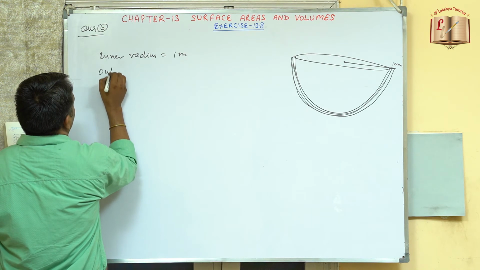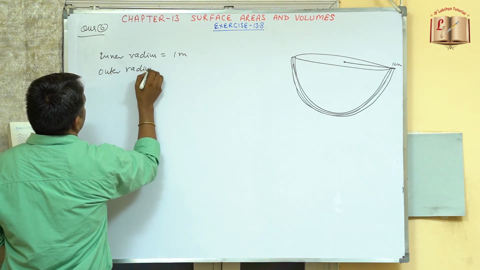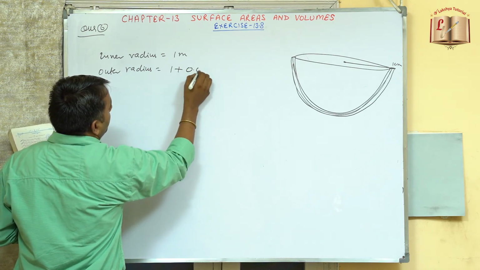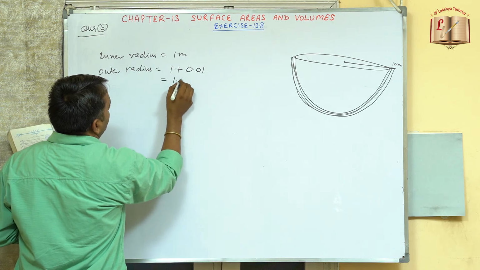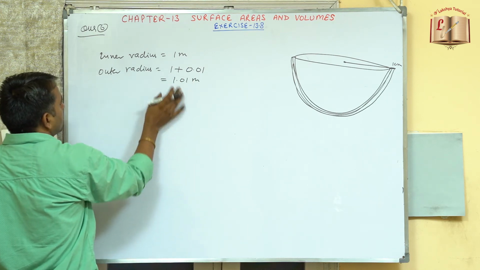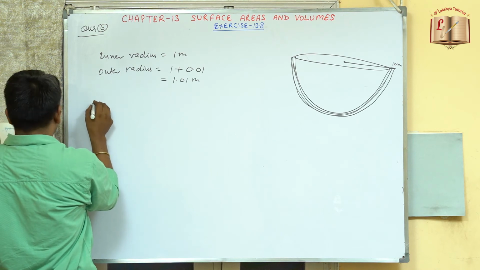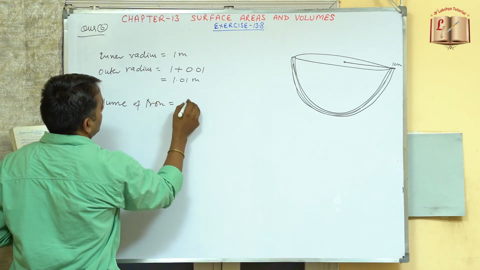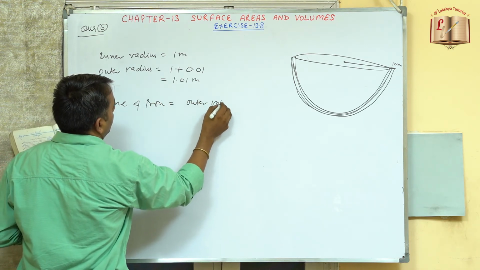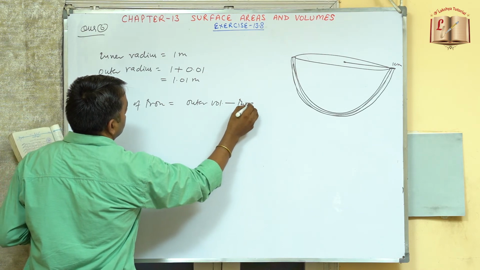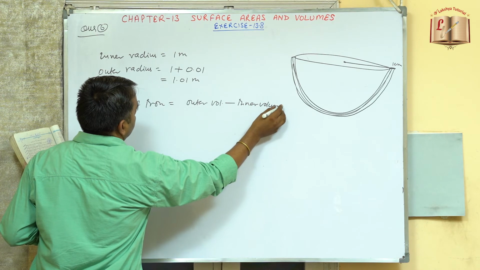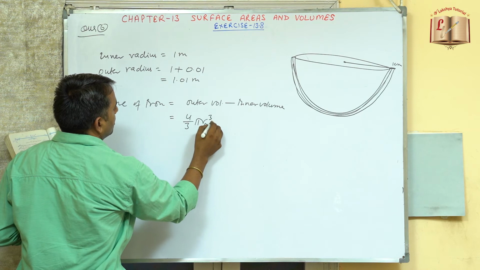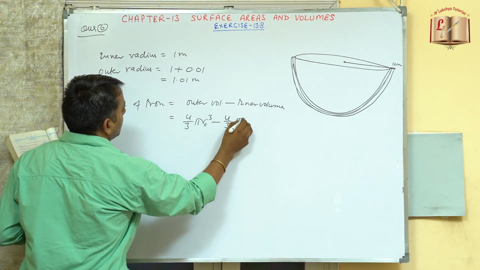So the outer radius we can find out. Outer radius will be equal to 1 plus the thickness in meters, which is 0.01, so this will be 1.01 meters. This is the outer radius and this is the inner radius. Now we can find the volume of iron. This will be outer volume minus inner volume. Outer volume will be 4 by 3 pi r outer cube minus 4 upon 3 pi r